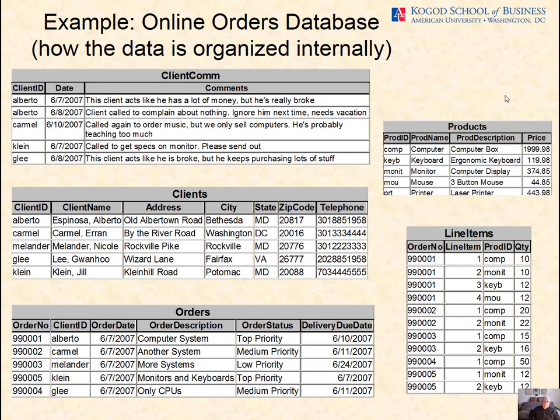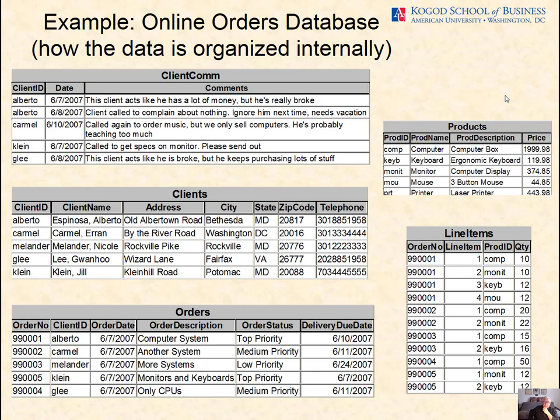Same thing with client com. In the client com table, in order to identify a particular communication with a client, I will need to have a client ID and a client date. Once I have a client ID and a client date, I can find that because, for example, client ID Alberto has 2 entries, which are for 2 different dates. Okay? So now, that illustrates the concept of